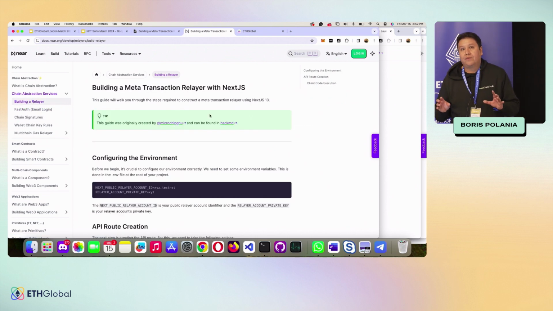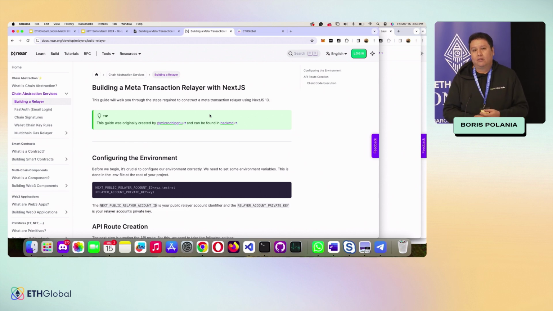This is only for free transactions on Near, right? If you want to create an application where the user doesn't pay gas on Near, you use the relayer, the simple relayer, or you can use the multi-chain, so you can handle the signatures on other chains. Even so, you can do it so they don't have to pay the gas on another chain. It would be crazy for you to pay it, but you can pay the gas for them too. The idea is they will be able to send a transaction here. And so those are the three components we want you to use for the hackathon to apply for the abstraction bounty.